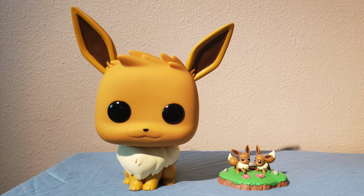Moving on with comparison time, we have the 10-inch Funko Pop Eevee, and this is one of my all-time favorite pops, especially within the Pokemon line. And take a look, guys, in comparison to the An Afternoon with Eevee and Friends figure, huge size discrepancy, and of course there should be. This is a 10-inch pop standing next to like a 2.5-inch figure, but